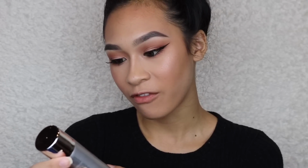Now we are ready for the final step, which is setting mist. Actually, this isn't the final step. I forgot a lip product. But this one is the Face Makeup Fixer. I actually don't know if this is even a setting mist. But I mean, this is the only setting mist that they had in the store, so...